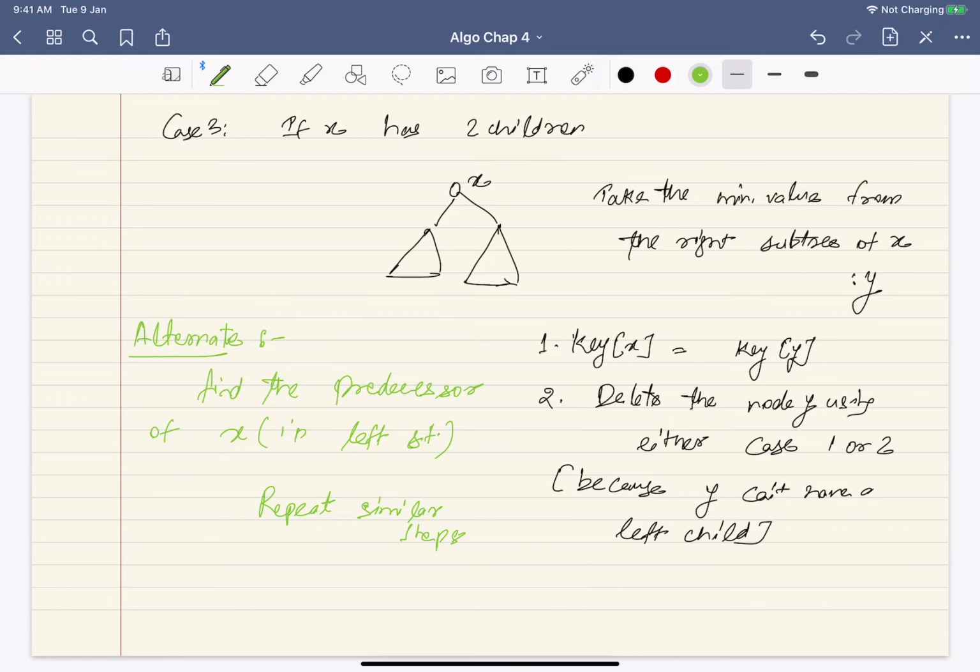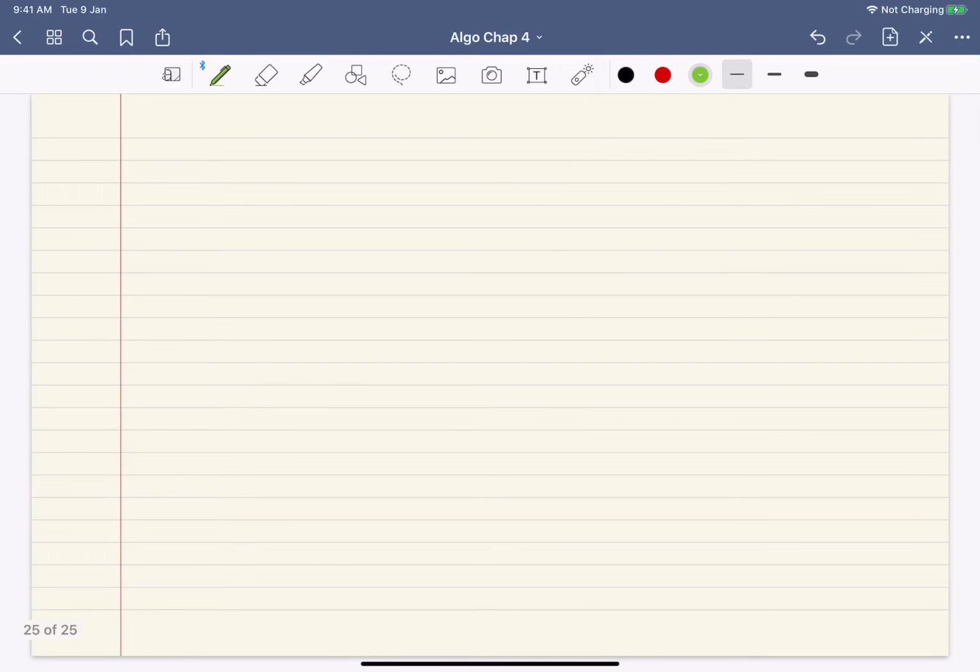Now what is the takeaway from whatever we have covered till now? We see that each of the main operations, search, insert and delete, in a BST, how much time do they take?